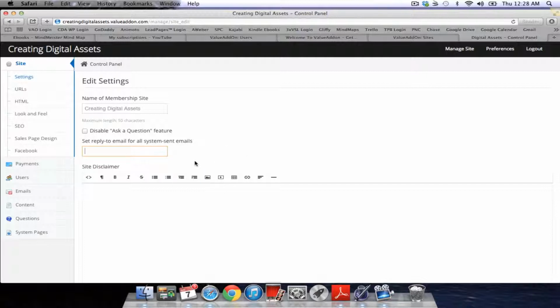And I think what this would do is, under each post or something like that, allow people to ask a question, and then that would come into a centralized email box, and then you could answer it and come back. That would trigger you to come back into the site and answer the question. Or maybe you could let them accumulate and then do an FAQ video, live stream, teleconference call, something, and then put that recording in here. So we'll have to figure out what this is, but let's just disable it for now.